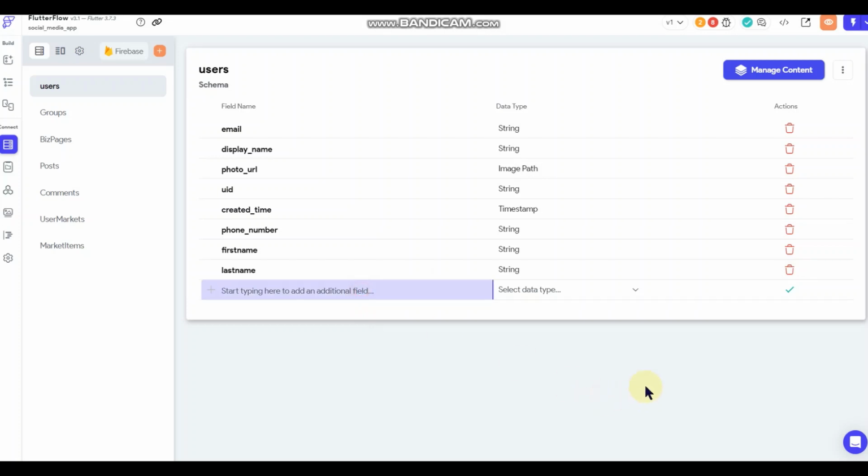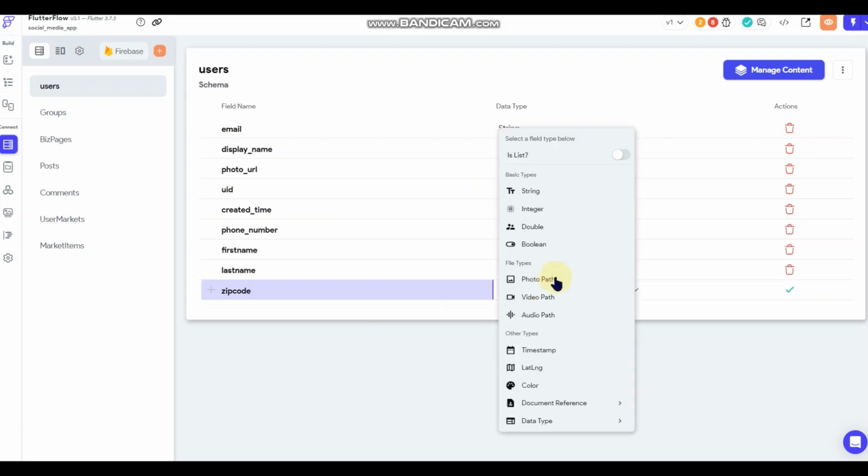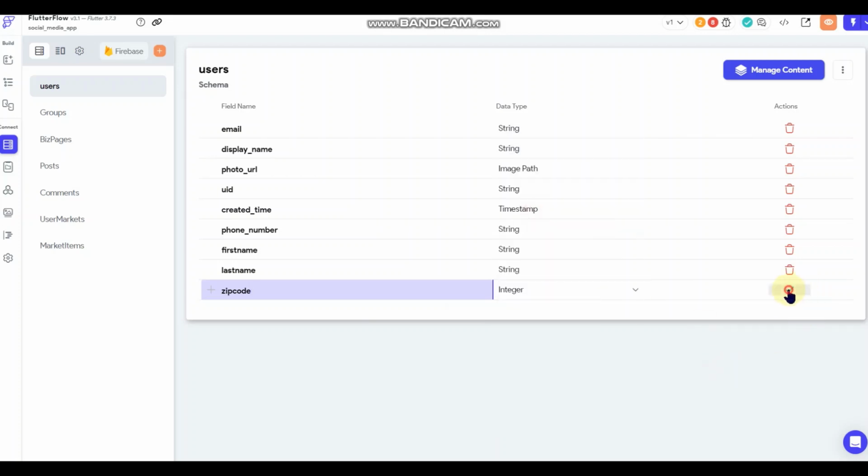And then we'll do zip code. I'm in the United States, so I'm building this app according to the United States, where we use zip codes wherever you live. I don't know how that's set up to identify regions of where people live. Obviously, use whatever is native to where you're at. So I'm going to use zip code, and that way we can use some of the geo features inside the app. And we'll set that as an integer.